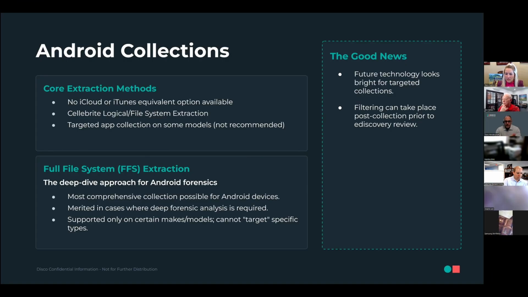So, like I said, there are options for targeted app collection on some models. We don't recommend it because there is that potential of missing something. But if you're very sure that you only need the messages, you don't need anything else from that phone, and you're 100% sure, then great.